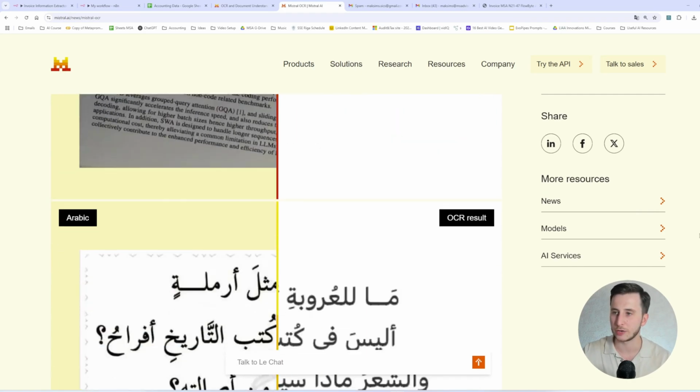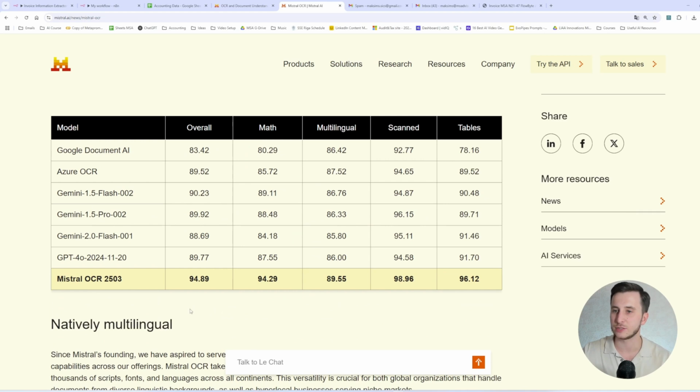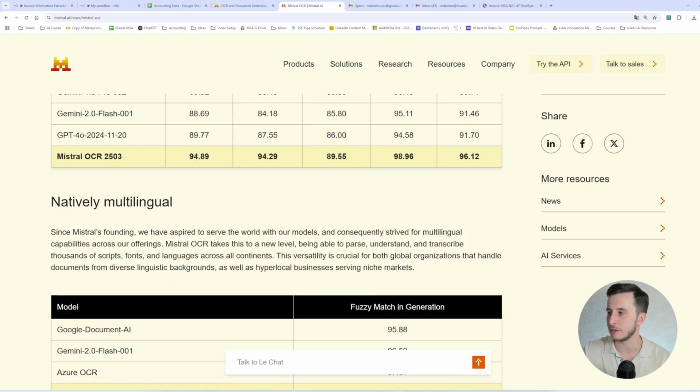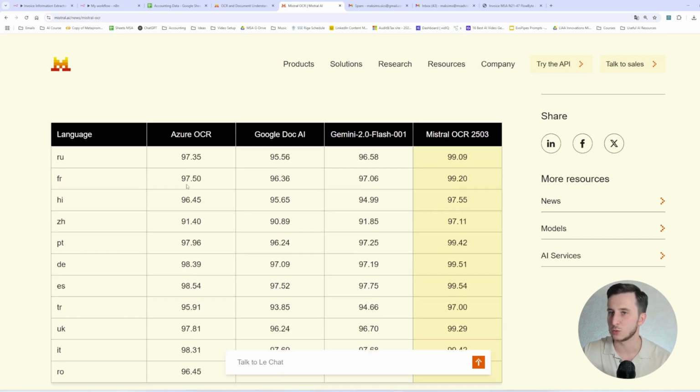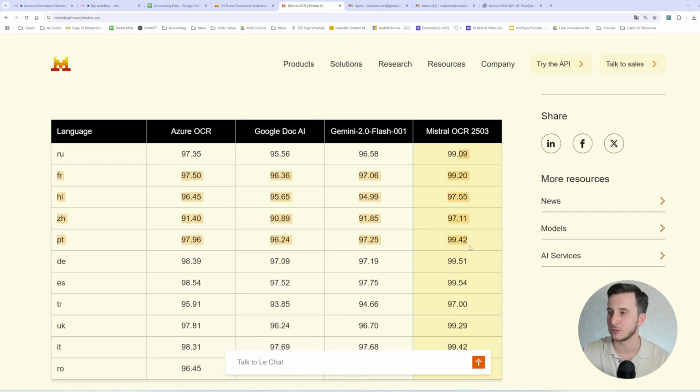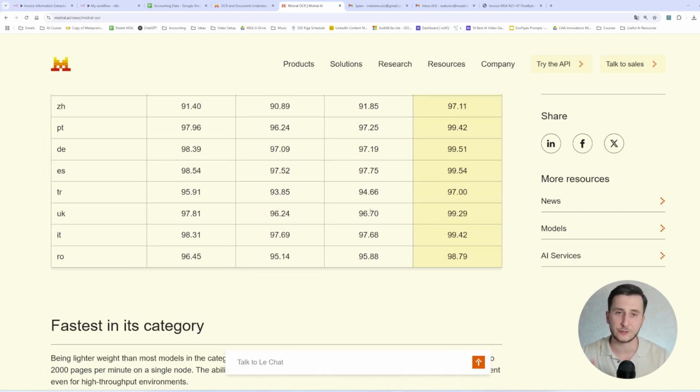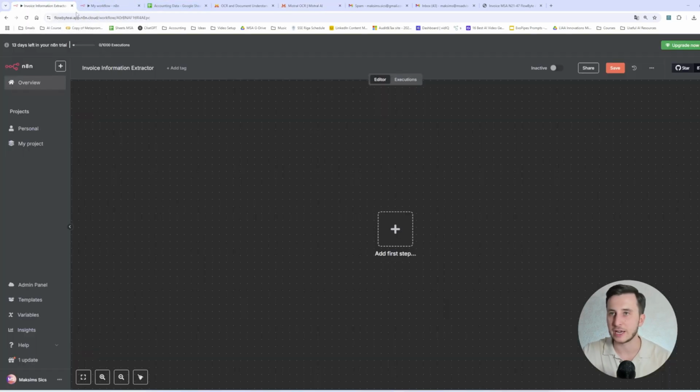But I wanted to show you a couple of the benchmarks. Actually, this model, Mistral OCR, beats all the models on the market: GPT-4o, Gemini, Azure, Google Document AI, etc. On natively multilingual tasks, it beats almost everyone, and also in the benchmarks by different languages like French, Russian, etc. So it's really an efficient model, and that's why we want to test it. We want to test if it can extract the information from the invoice that we have and actually get us what we need. In order to do that, we're going to be using n8n for this workflow,